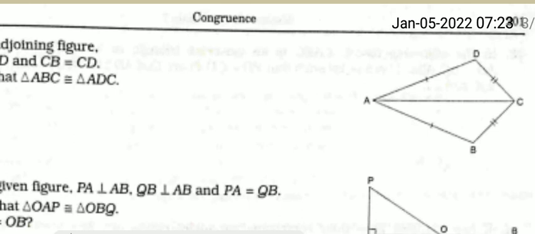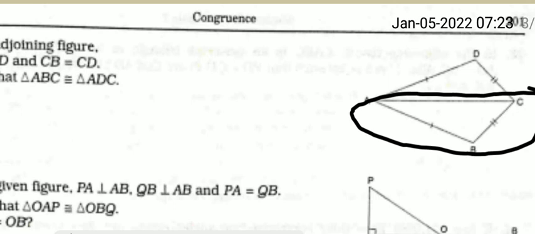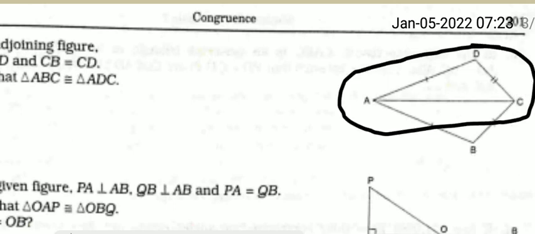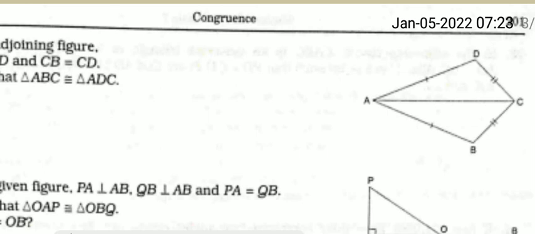From triangle ABC, this one, okay, and triangle ADC means this one, okay. From triangle ABC and triangle ADC, you write AD is equal to AB. That is given. You must write in the right hand side given. Number second, DC equal to CB. This is also given, and AC is common. So three conditions fulfill. So therefore you will write triangle ADC is congruent to triangle ABC by SSS criteria. Don't forget to write the criteria.